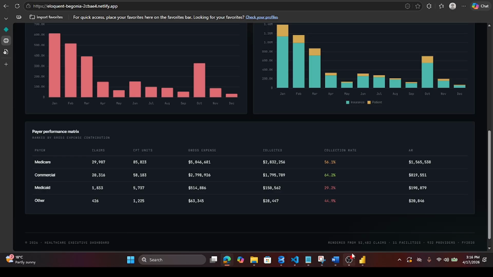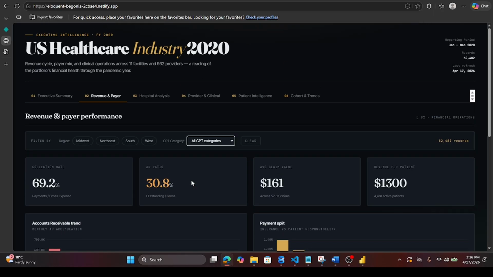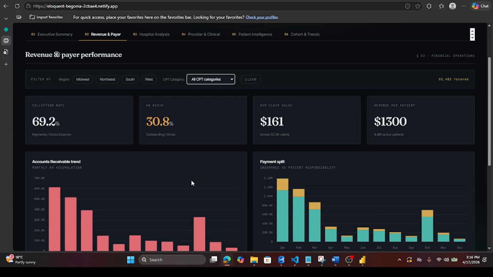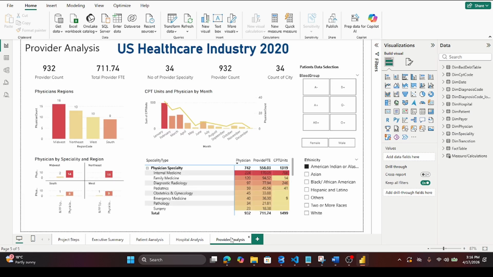And these are the four. So we are right now in the revenue and payer analysis. So we have that here,